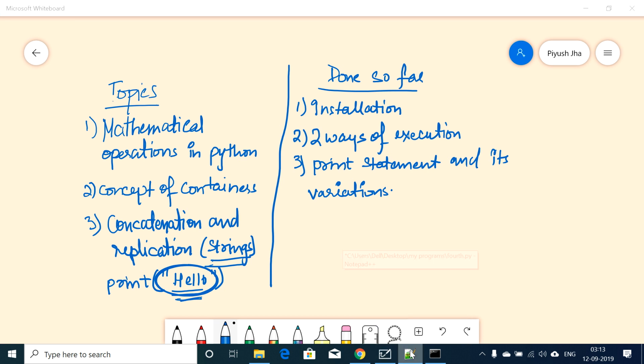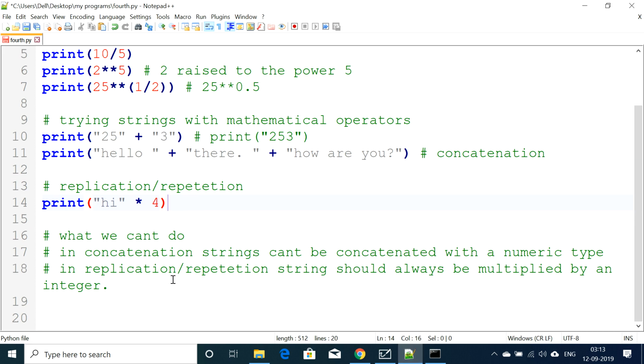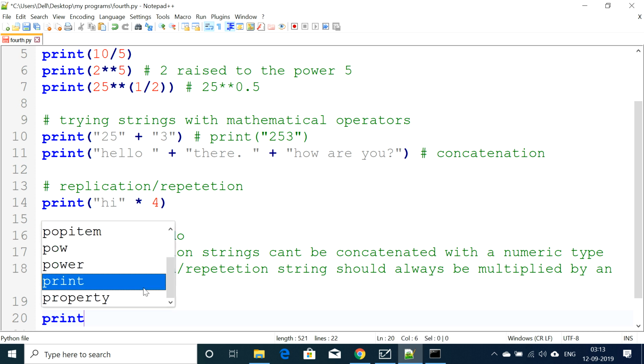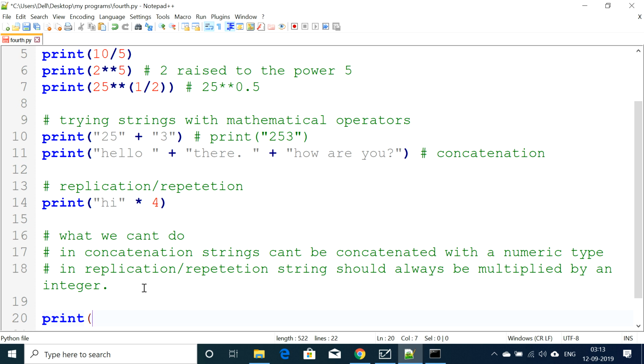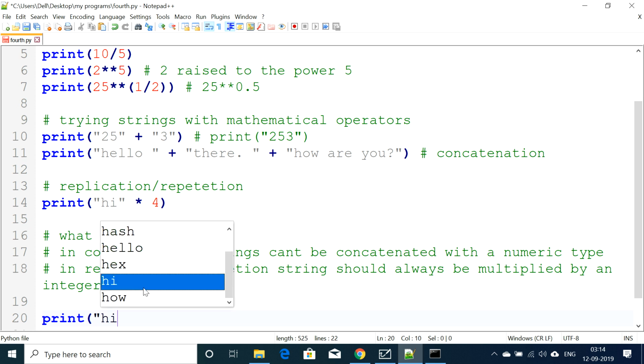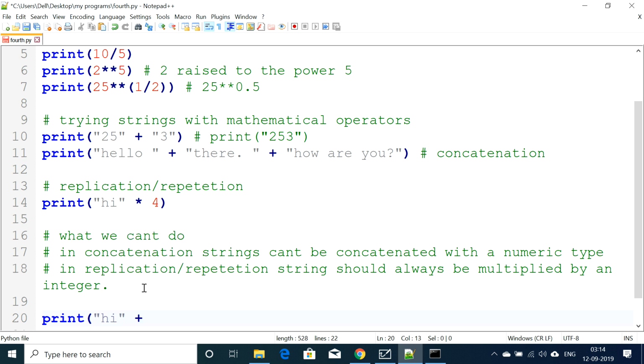concatenation of strings. As we saw, there is a restriction that strings can't be concatenated with a numeric type. However, if there is a requirement and you need to concatenate a string with a numeric type, then there is a way out. So what we can do is, let's say we have to merge "hi" with 4. "hi" is a string, and let's say 41